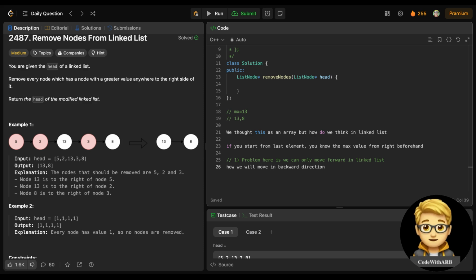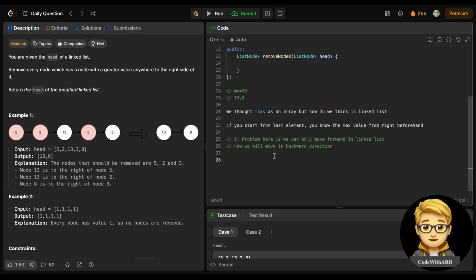If you think of any approach, you can think of going backward. Can you think of any data structure used for backward direction? If you think of a stack, it is last in, first out. The last element which is inserted can be taken out first. So if I insert 5, 2, 13, 3 into my stack,